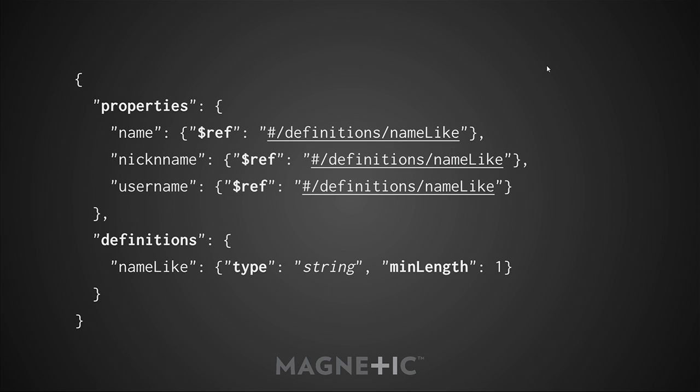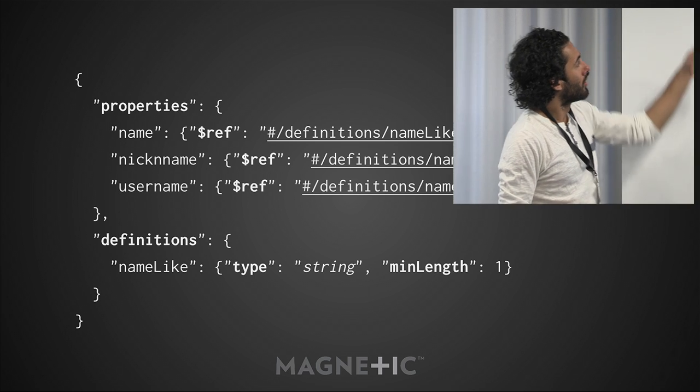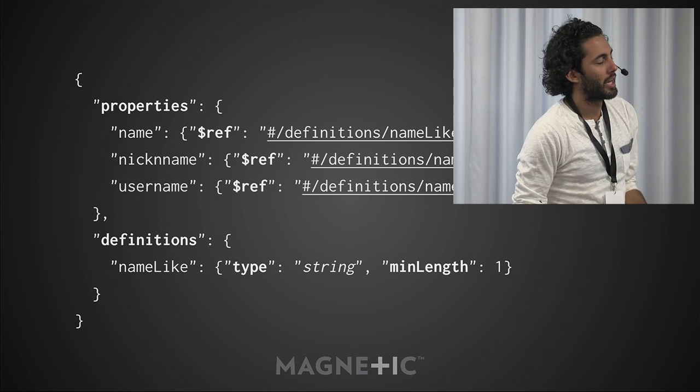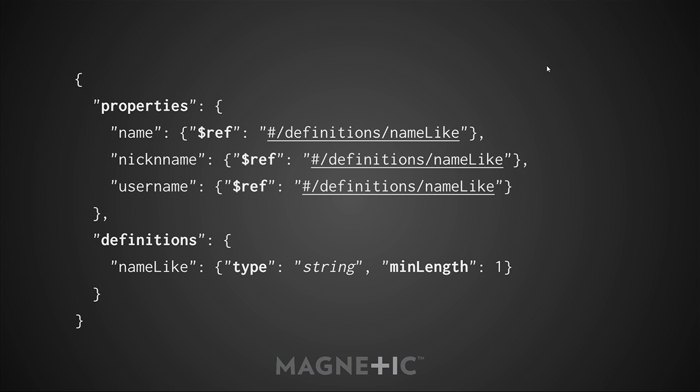So we define refs. Refs use this $ref to tell you that they're a little bit special. And the thing on the right is basically arbitrary URIs. In this case, what we have on the right is called a JSON pointer, which basically means the hash symbol means the document itself. It's the self-reference. And then slash definitions, you basically just resolve it as if it was a path. So slash definitions is here. Slash namelike is here. So this schema is functionally equivalent to what we had before, except that now all 3 of these, except my typo, are basically references to this one unified schema at the bottom.